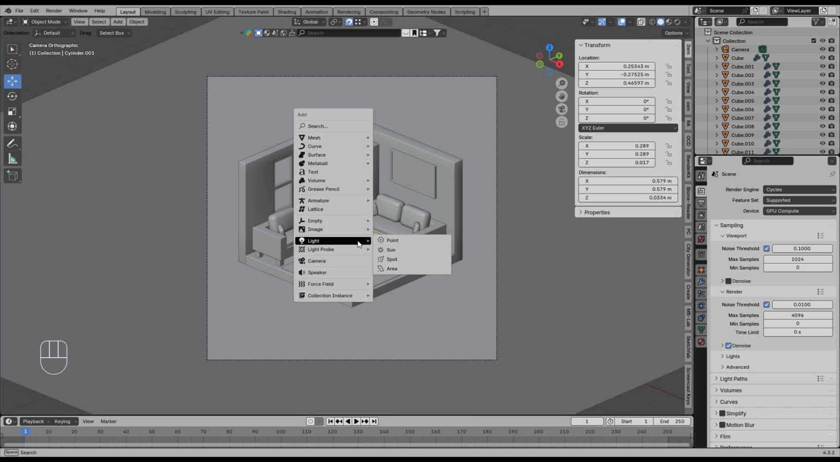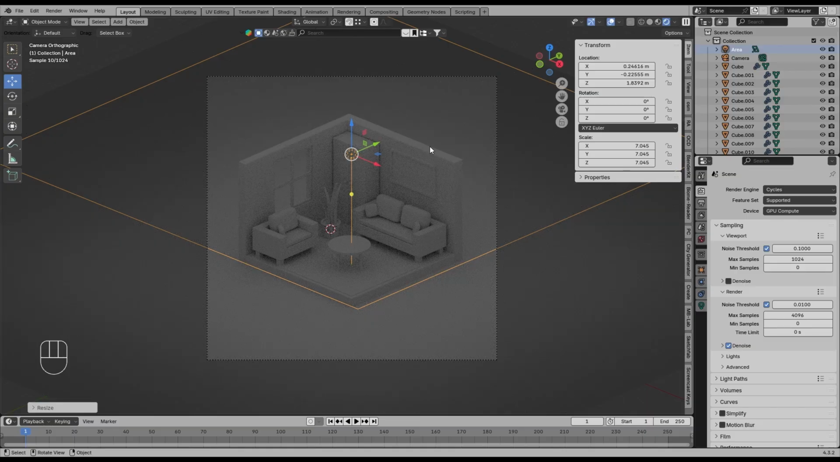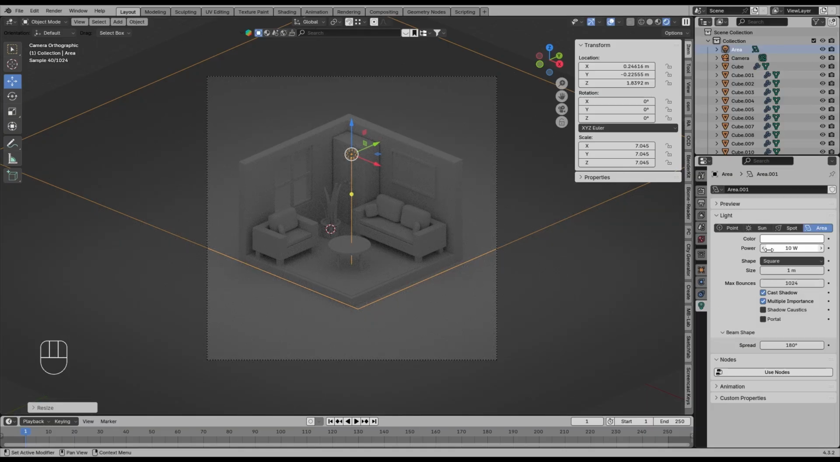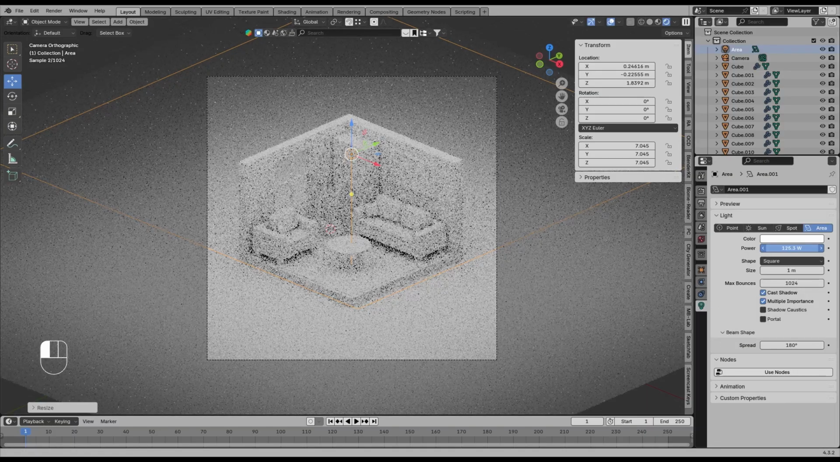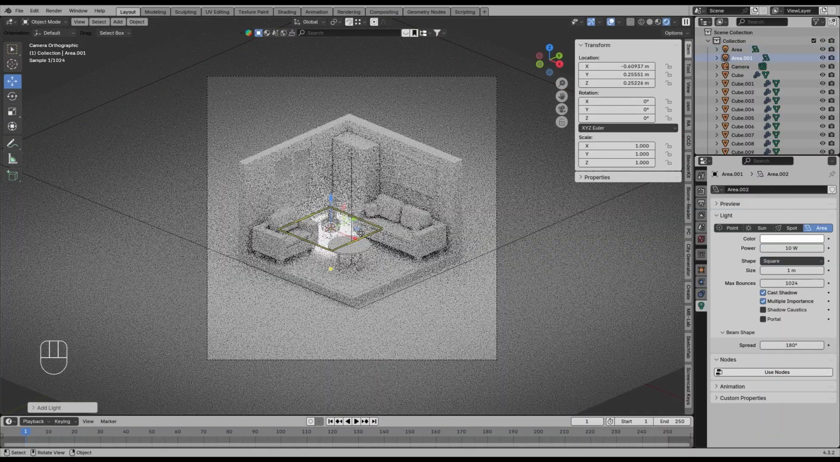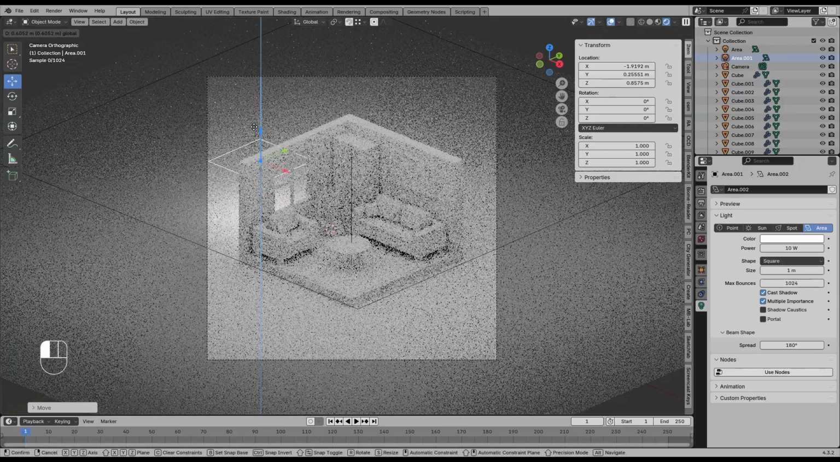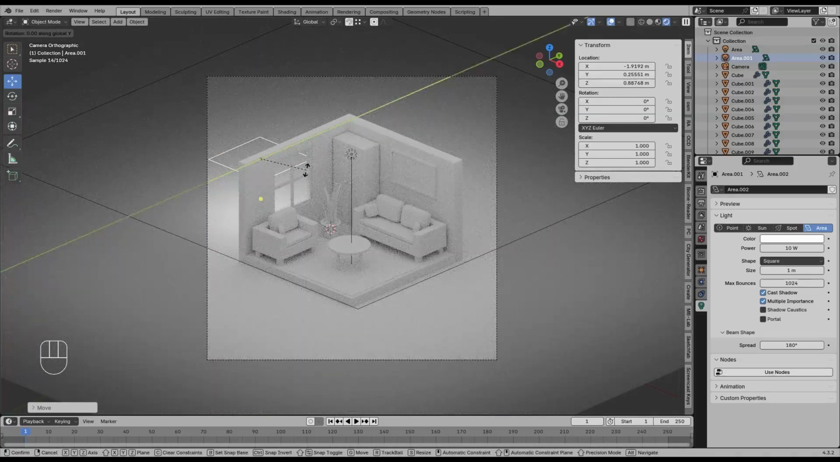Now let's add lighting to our scene. So Shift A, light, and add an area. Move it up to something like here and scale it up. Now go to render preview and make the power bigger. Now let's add another light to make the shadows from the window and the light from the window